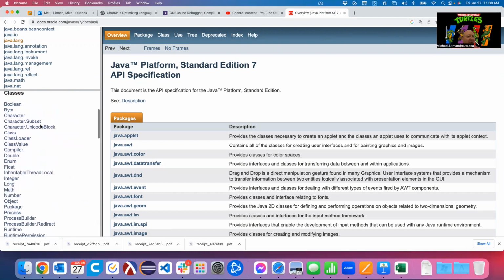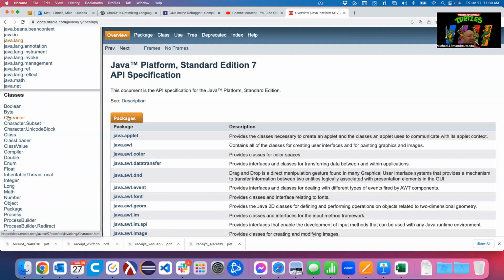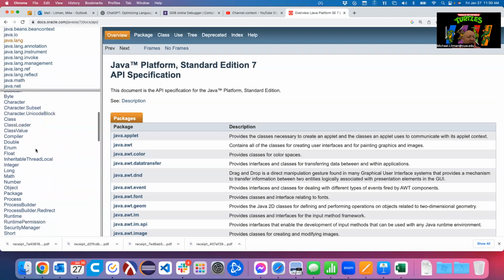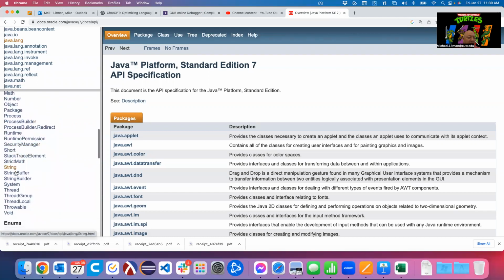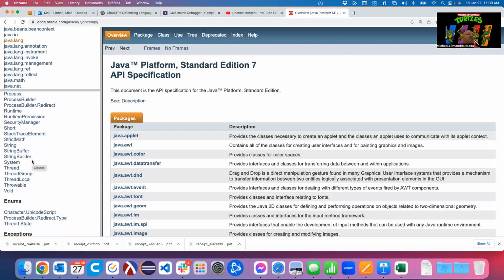So you see in here, we have a bunch of classes. We have Booleans, bytes, characters, yada, yada, yada. We have strings in here. We're going to have our stuff for reading things in from the user. We have threads, which we're going to talk about this semester. So it gives us a bunch of the stuff that we might want to commonly use in our programs without having to bring in other packages. Okay. That's more just trivia on the side.